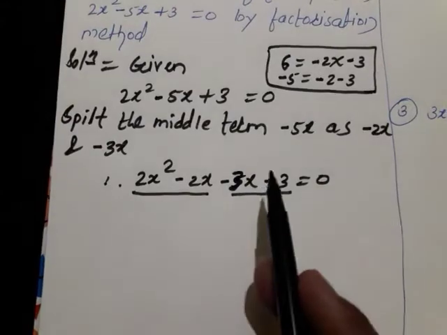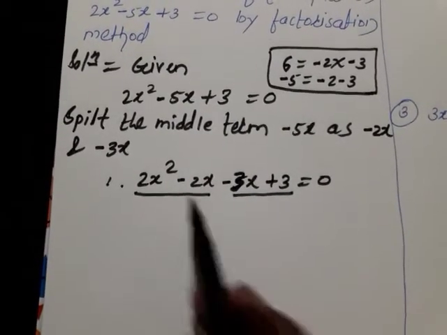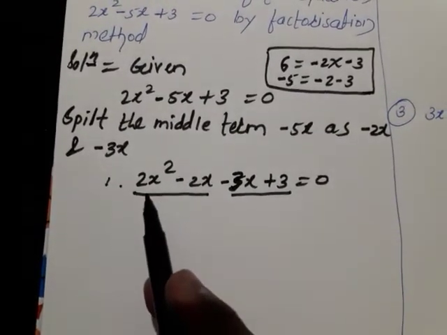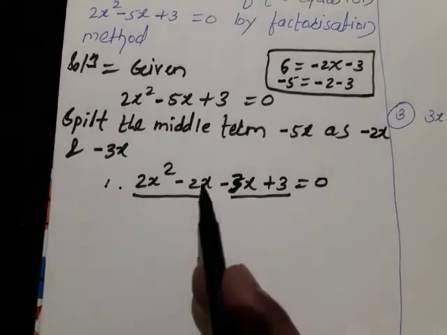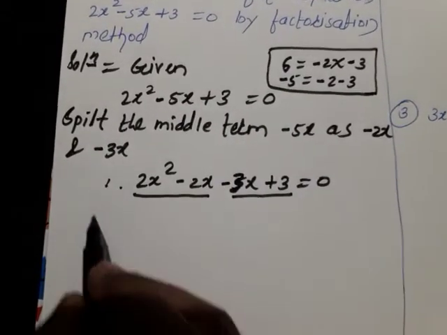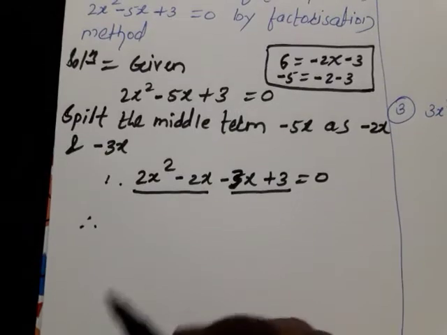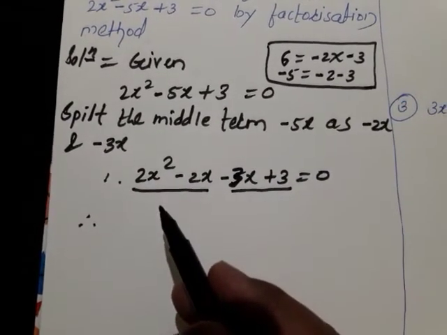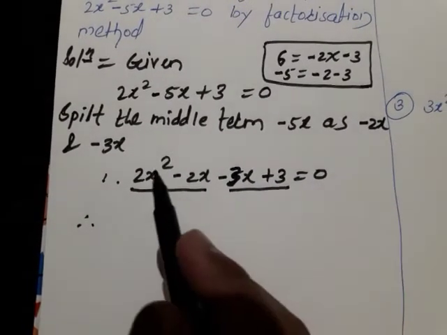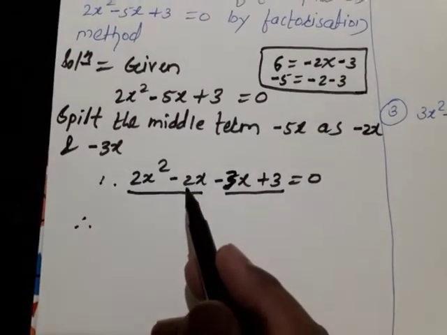I underlined this to help you understand; there is no need to underline. Okay, for your better understanding only. We have to make groups of two numbers, first and third, fourth, and if it is possible, we have to take out any common term. If you observe carefully, you will come to know what the common term is: 2x square and minus 2x.